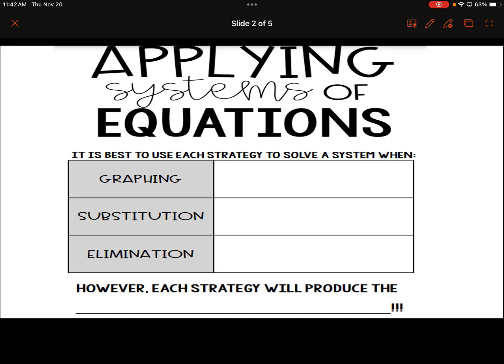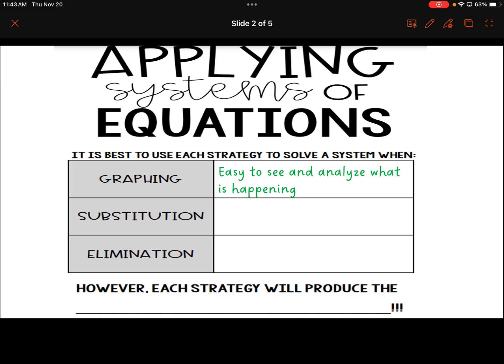Okay, for today's notes, we are going to be applying systems of equation methods to solving word problems. So remember, the graphing method is easy to see. It's also a really easy way to help us analyze and understand what is happening. So again, if it is more about seeing what's going on, then the graphing method is going to be our